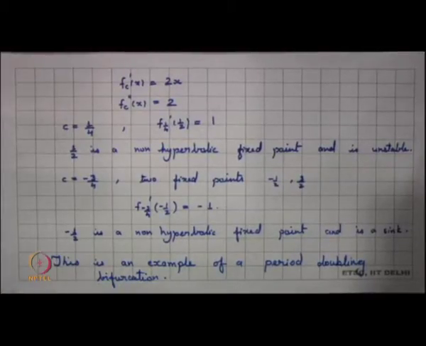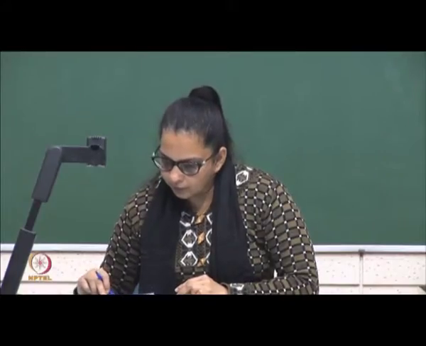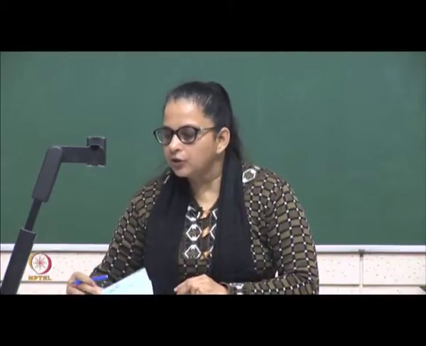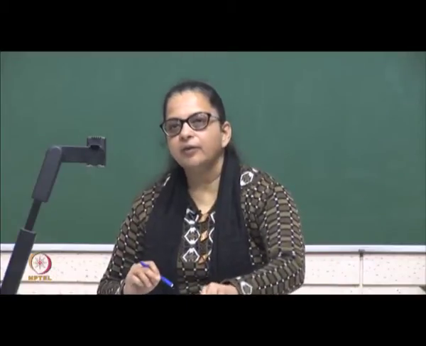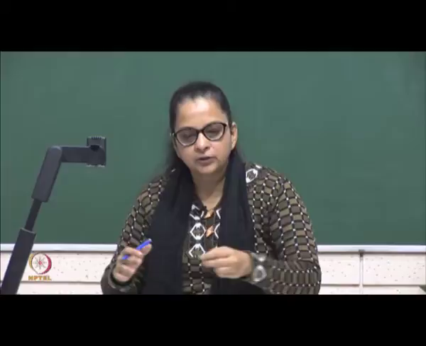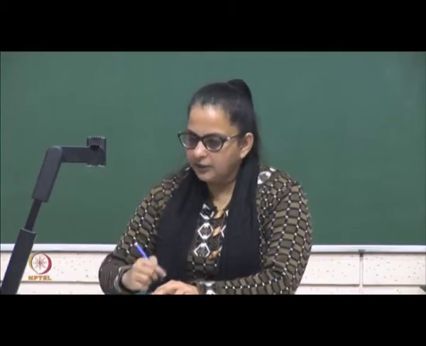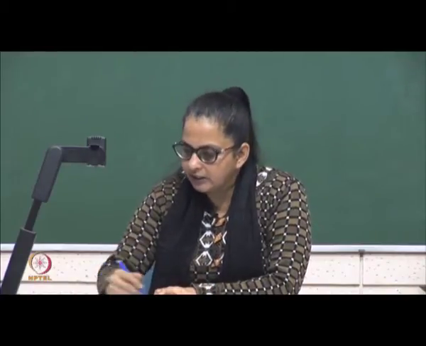So, we have a period doubling bifurcation here, and ultimately we get into the same thing. Now, what happens to all such period doubling bifurcations? Is there a way where we can have some kind of quantitative theory of bifurcations? So, let us look into the logistic map once again, since we have studied that in detail.